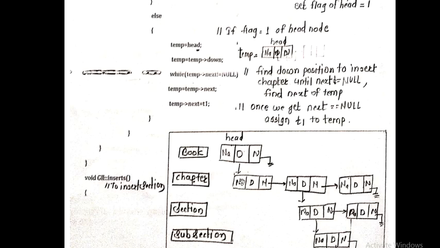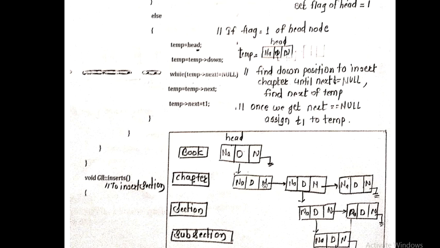So how do we execute this? You can see over here that initially we have the head node, and that head node I call the temp node. This head node is your book name. Now I move forward, moving below, to find what? Here is the name of the book, here is the name of the chapter. For example, if I am searching for where the chapter is to be inserted, and some chapters are already available, I will call this head a temp, then move that temp to head of down. Temp of down is this chapter, right? So now my temp is this first node.